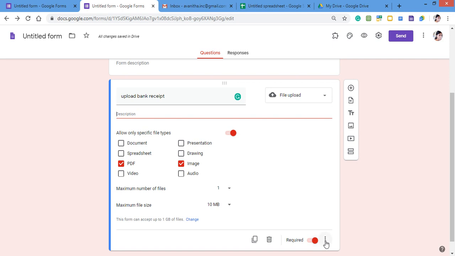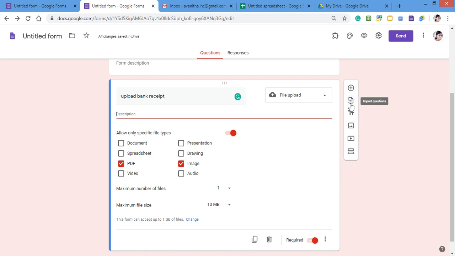That is, if I am not giving an answer or not uploading a file, then I can show some description saying you have to fill or upload your receipt. If I give that, automatically the person filling the Google form will get the information. This is another point which I have to mention in the Google form.